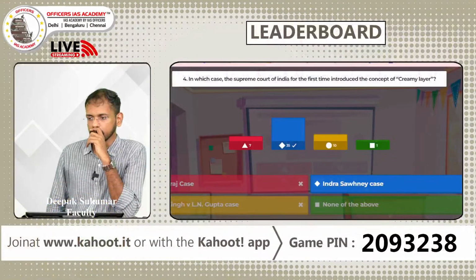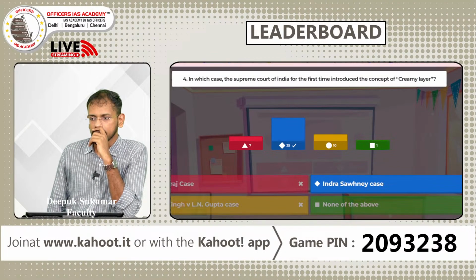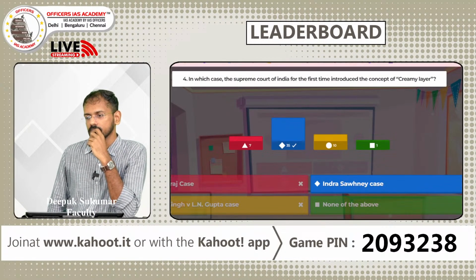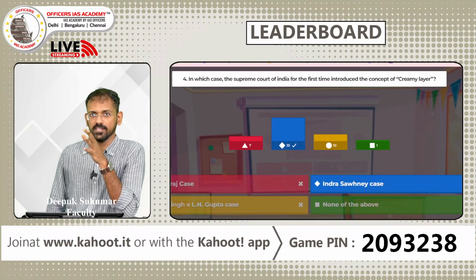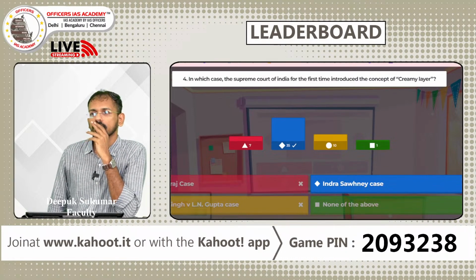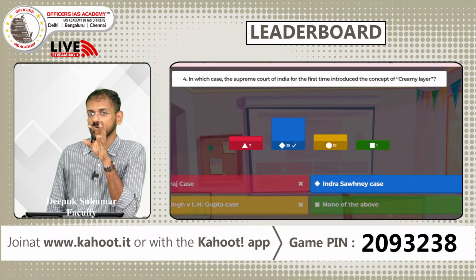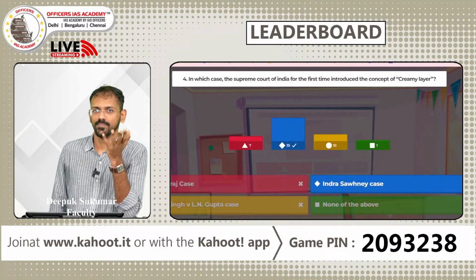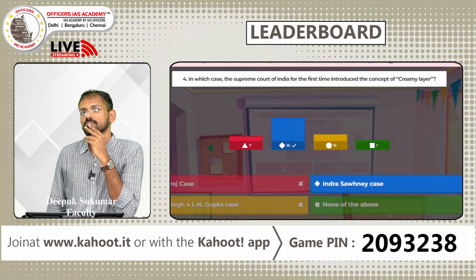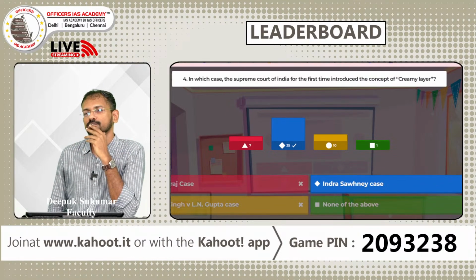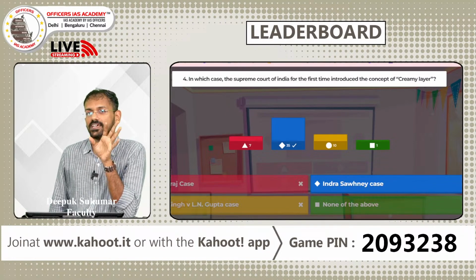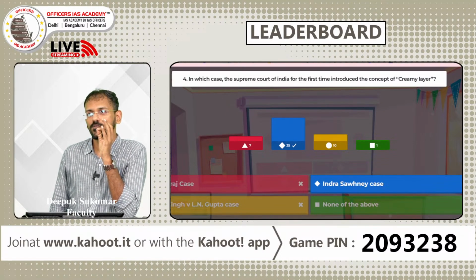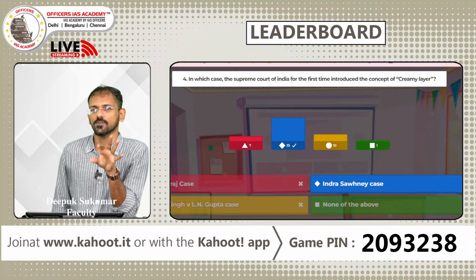Oh, again the majority have gotten it correctly. Great. So the Indira Sawhney case, with respect to UPSC prelims, mains or interview, once we had a member of UPSC who would come here. Member is not a panel member, like member UPSC, the constitutional authority. So this person in a very private conversation mentioned to us that UPSC is very clear that it would not want to ask any questions very personal with respect to caste.